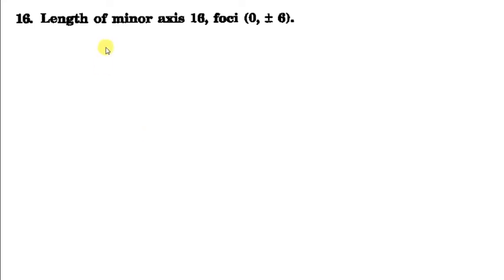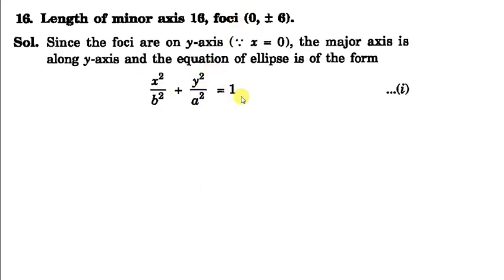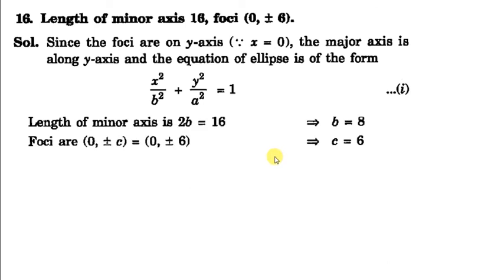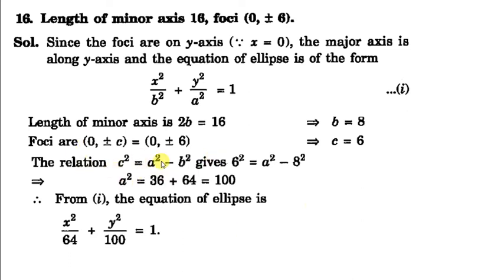Next question is, length of minor axis is given 16 and the focus is 0 comma plus minus 6. So here the length of the minor axis is 16, which means 2b equal to 16, and since the x coordinate of the focus is 0, the focus lies on the y axis. So we compare it with the standard form, x square by b square plus y square upon a square equal to 1. The minor axis length is 16, which means 2b equal to 16, so we can write b equal to 8, and we compare the focus with 0 comma plus minus c, so we get c equal to 6. And with the help of these two we can find a square using a square equal to b square plus